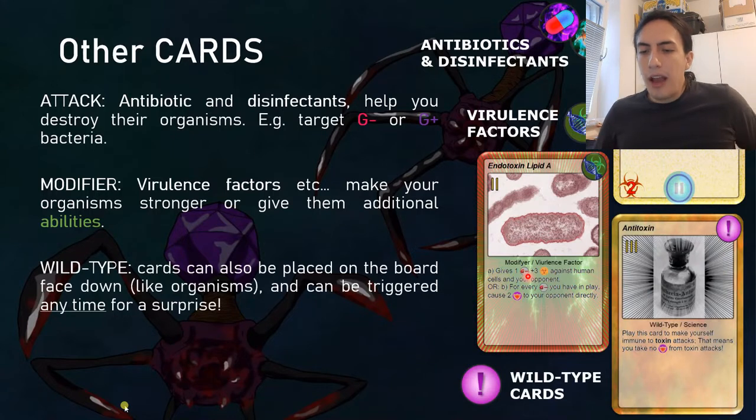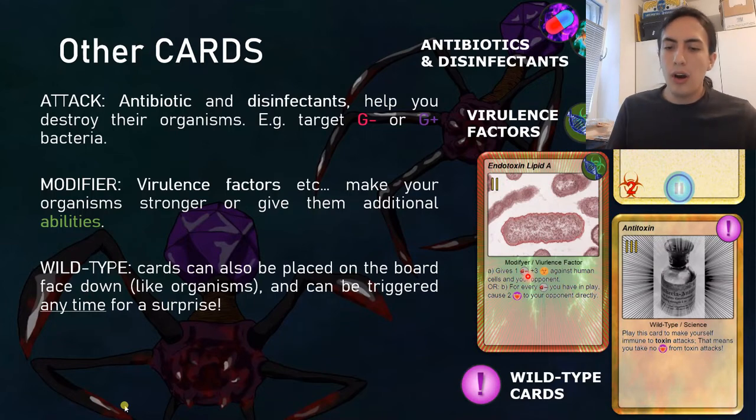Then, let's say we have a big class of cards, which are called wild-type cards, which have various effects. Maybe you can draw a card, maybe you can, for example, protect yourself against certain types of attacks, and you pay the price. And what's so special about this type of card is that they also can be placed on the board. So instead of being one use basically, or being carried around on an organism like a power-up, they can be put down, face down,